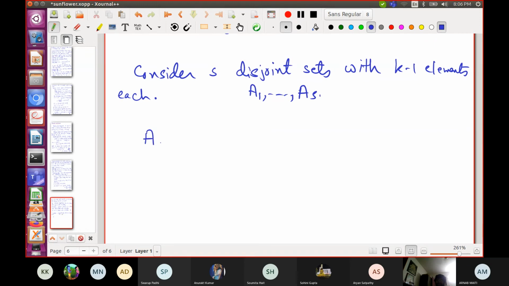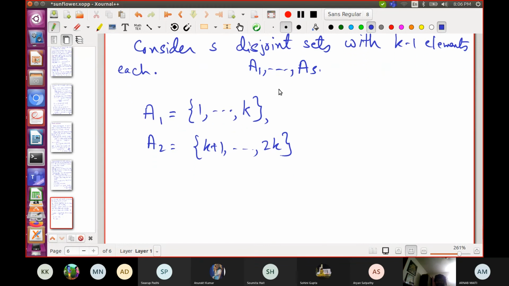A1 is 1 through k, A2 is k plus 1 through 2k. The elements don't have to be exactly these, but as long as they are disjoint and as long as they have exactly k elements each, I'm fine.